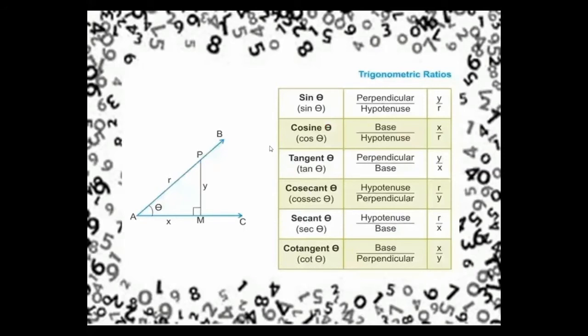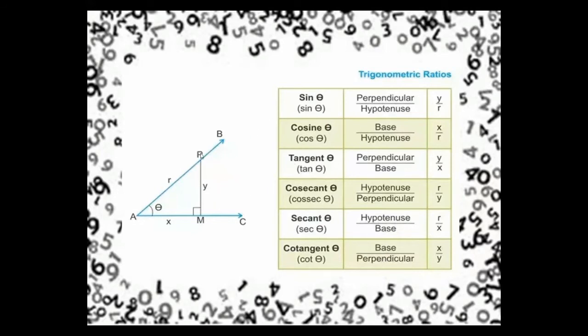Now we have discussed sine. Some people have perpendicular upon hypotenuse, cos curly brown hair. Now this is tangent, that is perpendicular upon base, and as we know that cosec is the inverse of sine. So cosec will become hypotenuse upon perpendicular, and sec is the inverse of cosine, so it will become hypotenuse upon base, and cotangent or cot is the inverse of tan, so it is like base upon perpendicular. So these are all the 6 ratios.